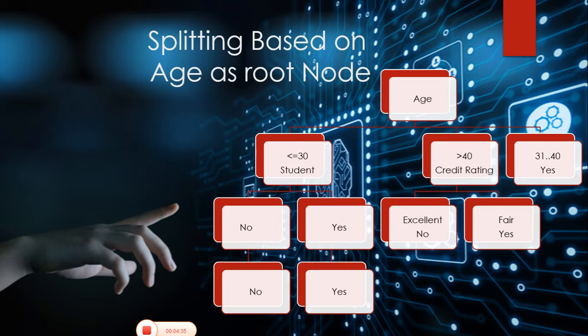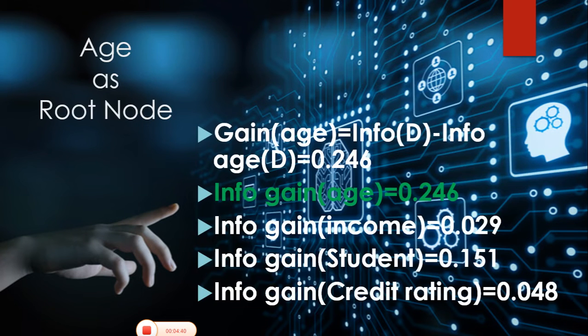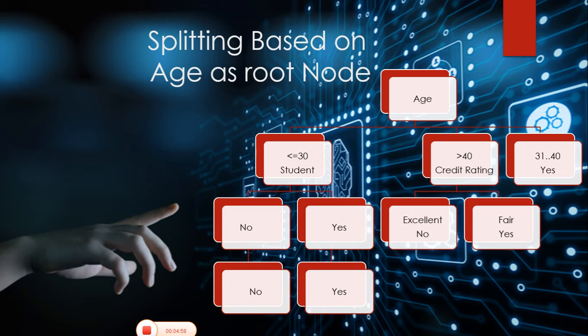Hence, to overcome this, I constructed a decision tree by taking age as a root node, and I calculated the value of information gain. Upon this, the information gain for constructing a decision tree whenever we split at the age as root node is very high. Hence, the information gain for the age is highest. So it is a good decision for constructing a decision tree by taking the attribute age as the root node.